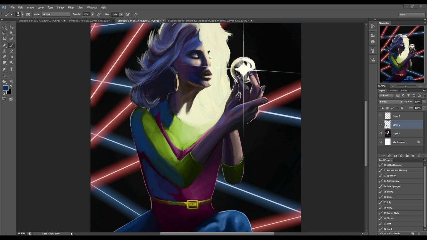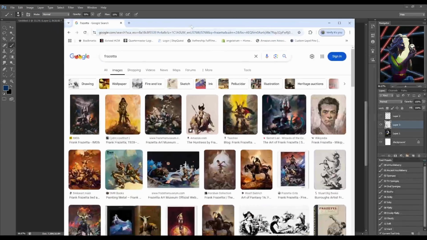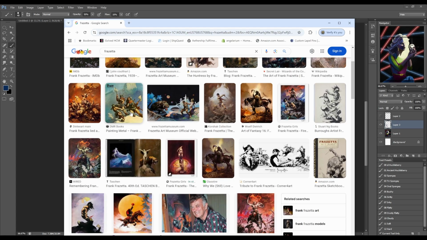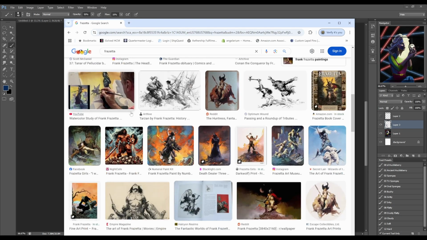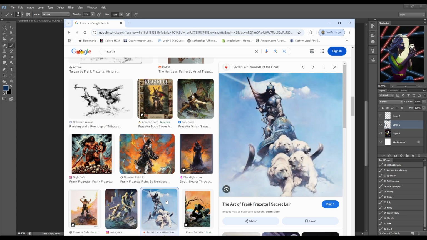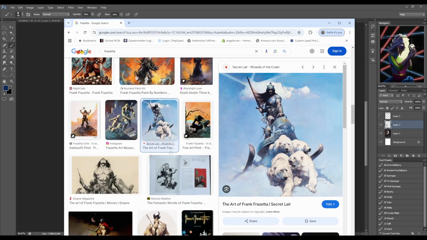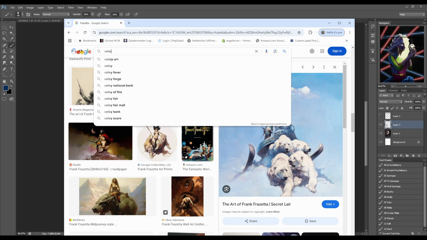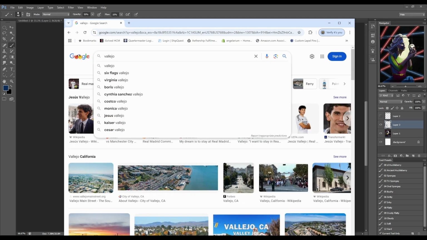And we got Frazetta being brought up before. I'm going to bring his stuff up a little bit, just to give a demonstration of this. Oftentimes in Frazetta paintings, he does a ton of... Let me see if I can find a really exaggerated example here. I know Vallejo also does this as well. But we see inside the shadowed areas oftentimes a whole chromatic spray of color and interesting stuff going on. Sometimes he does these really rich blacks, built off of his ink work. I wonder if Vallejo would be actually... Boris Vallejo.